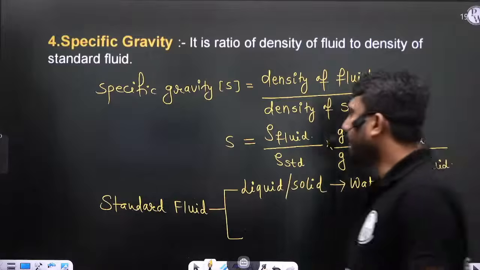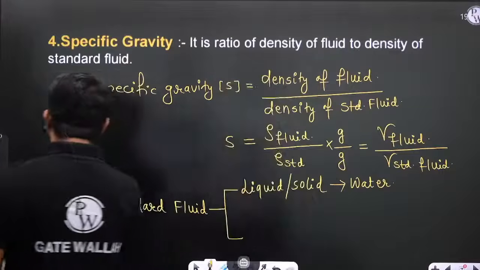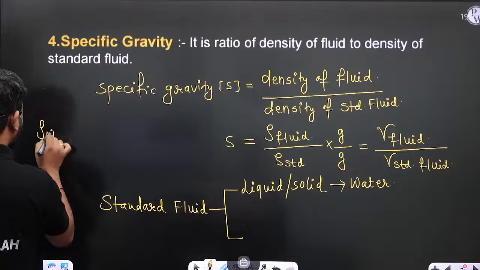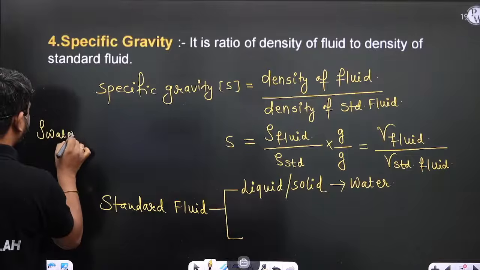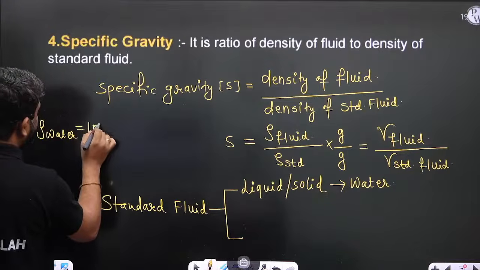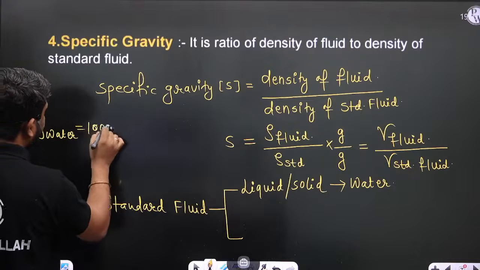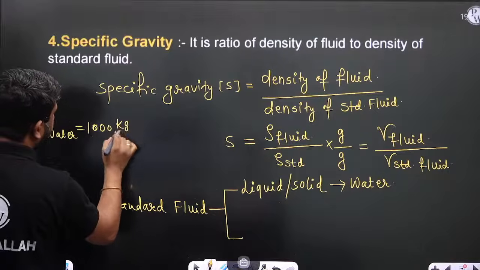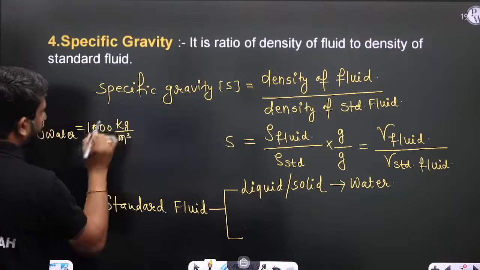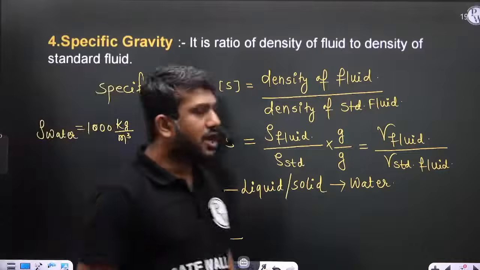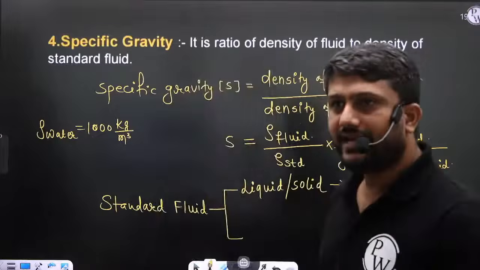Right? And we know that the density of water is 1000 kg per meter cube. Right? Now in case of the gas,